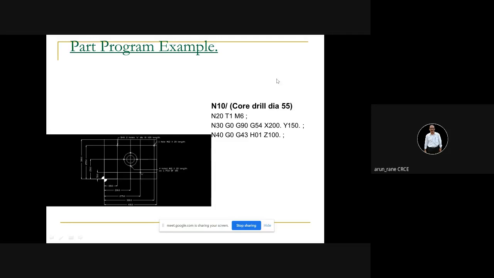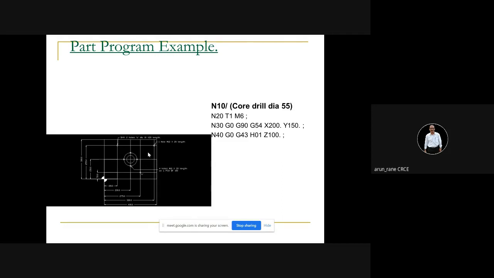So in this case, what we do, we bring that tool. This is the setup time, during which we touch the workpiece slowly. That is, we keep a piece of paper between the tool and the workpiece. We don't directly allow the tool to touch the workpiece, otherwise the cutting edge will be broken.